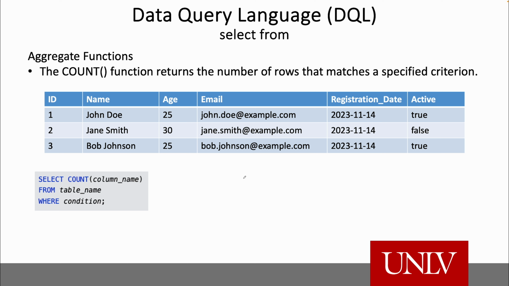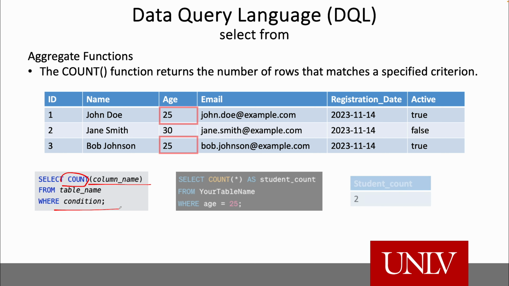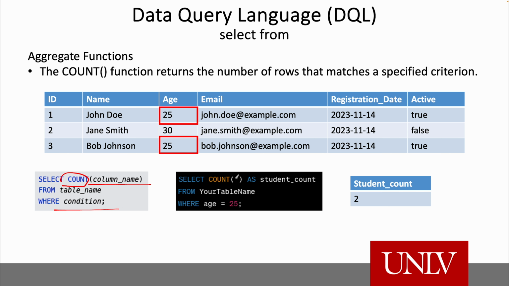Another thing we can do using DQL is to calculate using some aggregate functions. The most common aggregate function is count, which returns the number of rows that match the specific criteria. The syntax is SELECT COUNT and then a column name after the count, with some conditions, and we will see how many records match the specific criteria. For example, when we have SELECT COUNT(*)